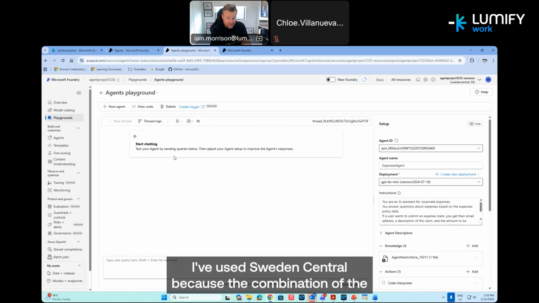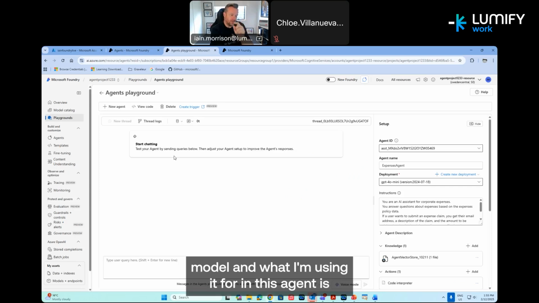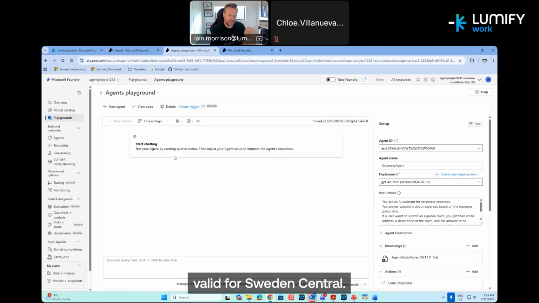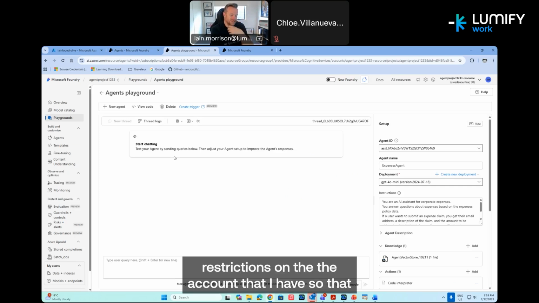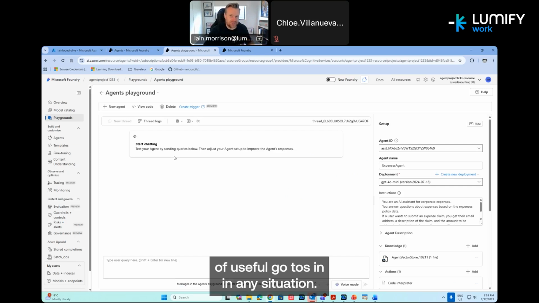I've used Sweden Central because the combination of the model and what I'm using it for in this agent is valid for Sweden Central. There are some restrictions on the account that I have, so that's why I've used Sweden Central. Sweden Central and East US 2 are often useful go-tos in any situation. Okay,